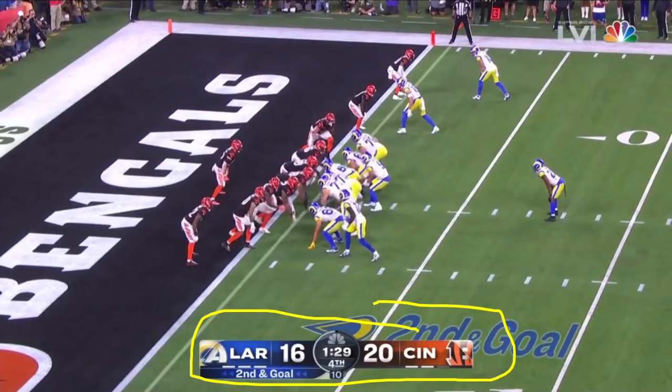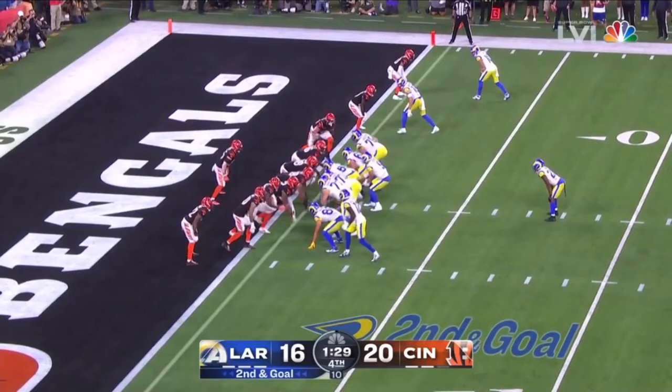And it's 2nd and goal. You're on the 1-yard line, and who do you trust? You trust your best player in Cooper Kupp. And this is a great play design here. You got Ben Skowronek running this route here to clear the space one-on-one on the outside between Kupp and the corner. And what Kupp is going to do is he's going to run just a little fade, right? Just a tiny little fade, and what Kupp is able to do is really utilize his body to protect the ball